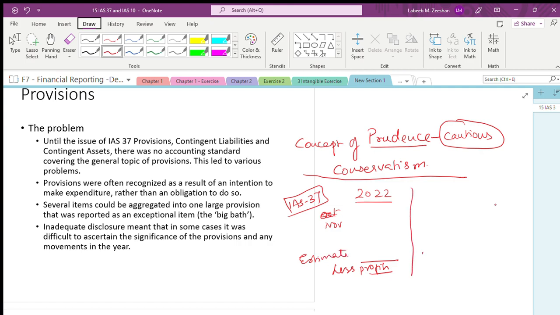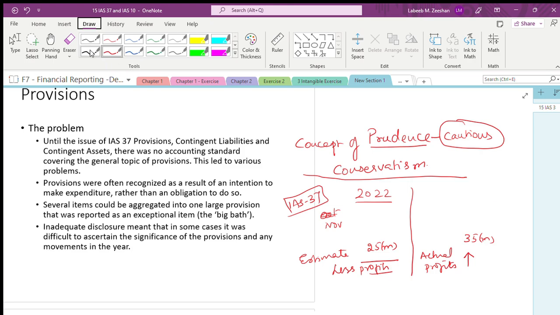But actual profits will be more. Nobody will question you. Nobody will question you why you have done like this. You say the estimated profits are only 25 million. We will think big. Nothing will happen. Estimated profits are 25 million, and actual profits will be 35 million. People are happy. Nobody will ask.